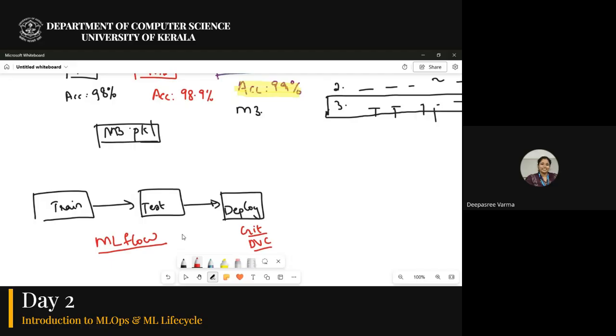In a real scenario, when there are multiple experiments to be tracked, we need not manually go and give different parameters. We can just automate it, and later on, maybe after a few hours, we can come and see and compare the various models created with different parameters. That's the idea of MLflow.